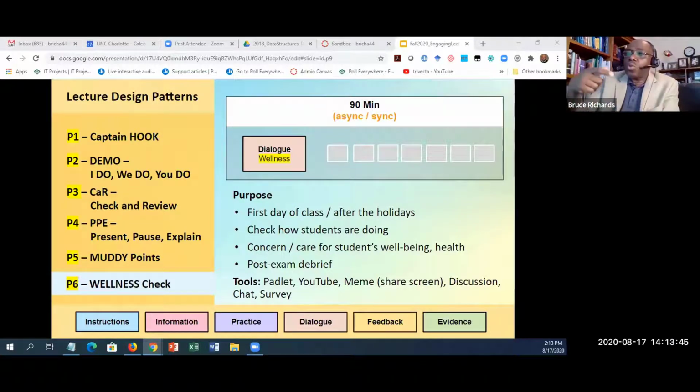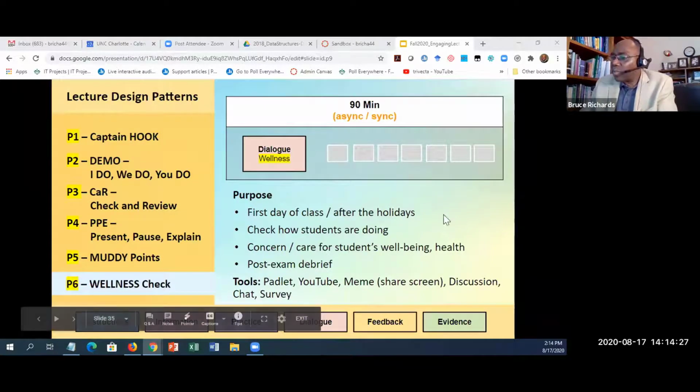But even if you're using, say, the demo, can you not use a wellness check to check in on the students? If not their health concern, because there's only so much we can ask, but how well are they doing in terms of studying? How well are they doing in terms of their understanding? How well are they doing in terms of their practice part? And it can be done before an exam, and it can even be done like a post-exam debrief. However, you can have the students articulate, share in a very safe space, that builds that dialogue to really strengthen the wellness check between you and your students. Again, there are the tools.